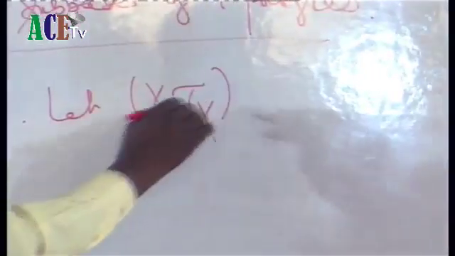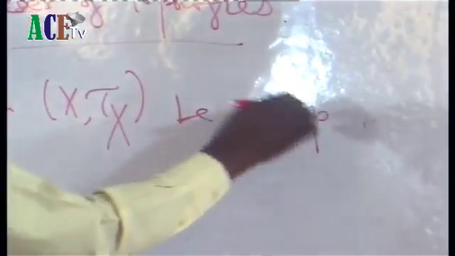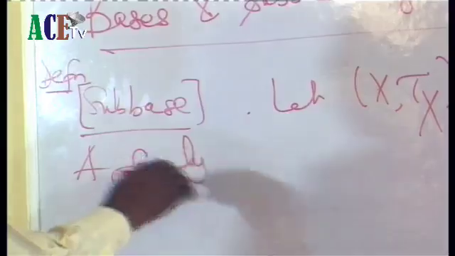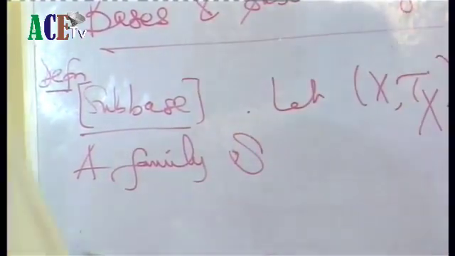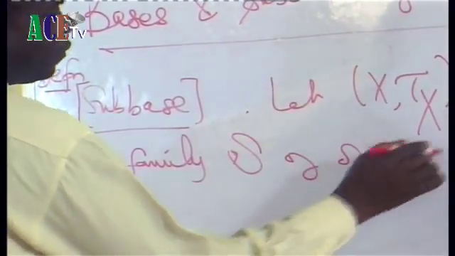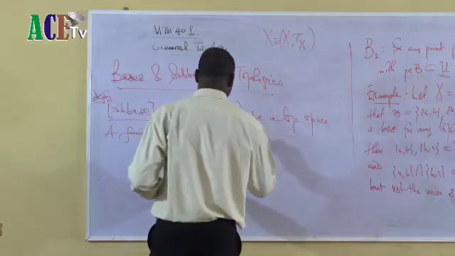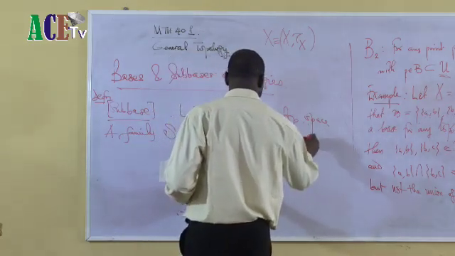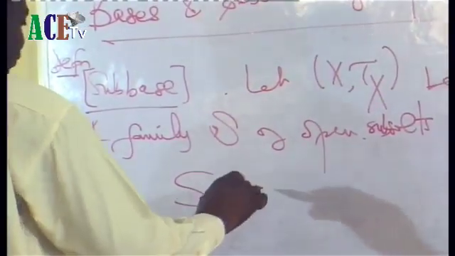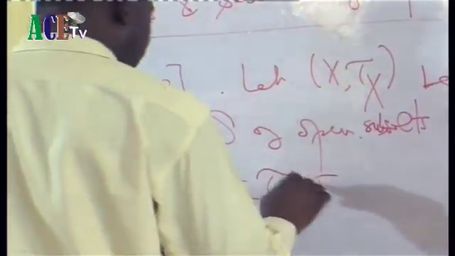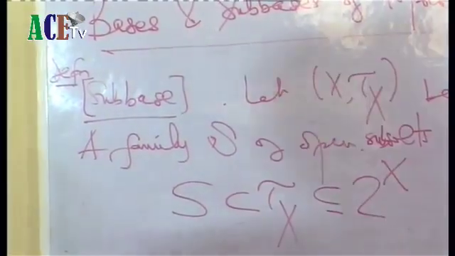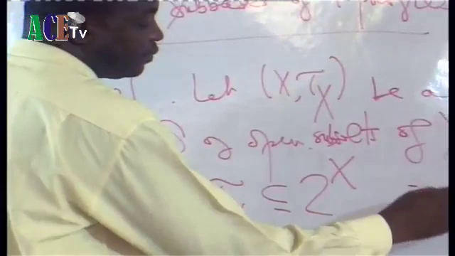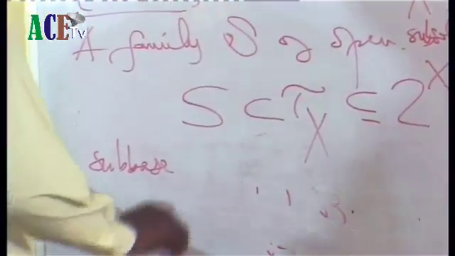Let X be a topological space. A family, call it S here, of open sets, or open subsets of X, that is, S is a subset of the topology on X, where this is a subset of that, is said to be a subbase, if and only if